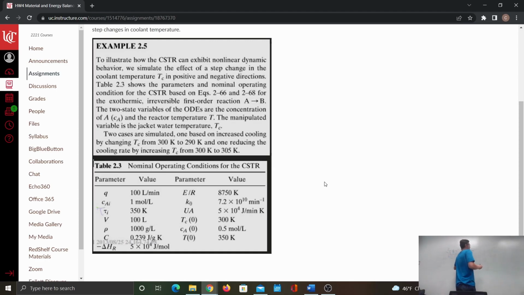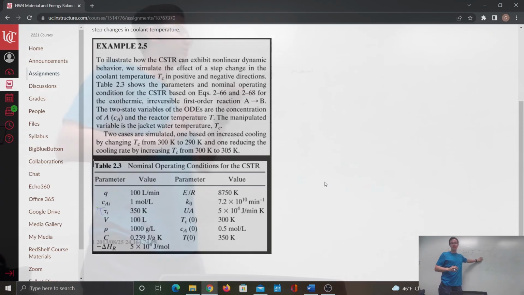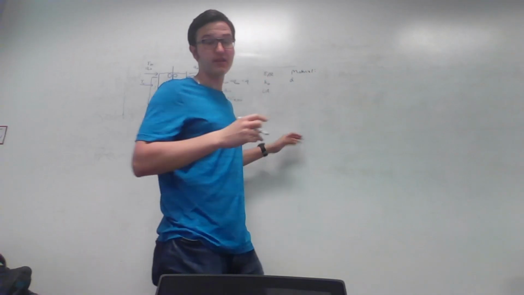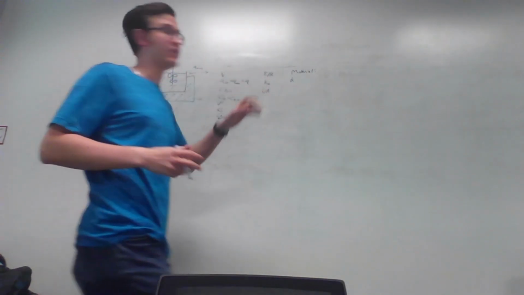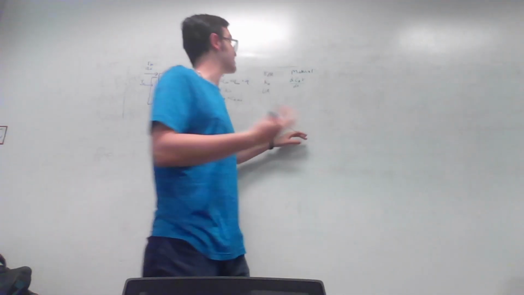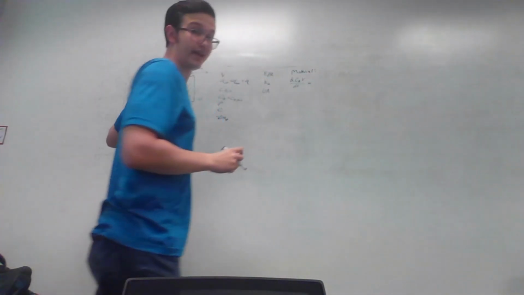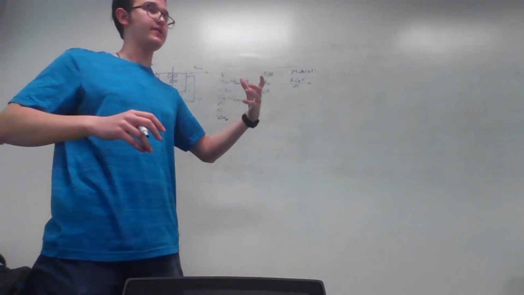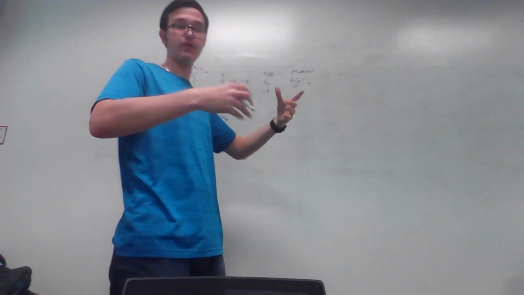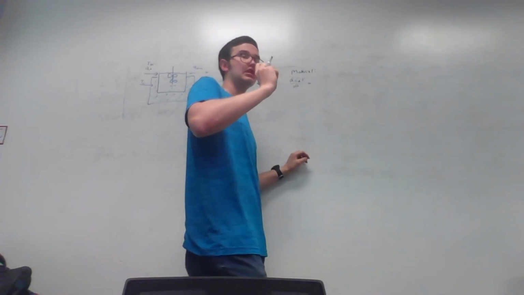So the question asks for two equations, one for the material, one for the energy. So we'll start with the material. So the change in moles is equal to the change in the concentration of A in the reactor times the volume, over time, which is equal to the flow rate in multiplied by the difference between Ca in, the concentration of A flowing in, and the concentration of A in the actual reactor itself,